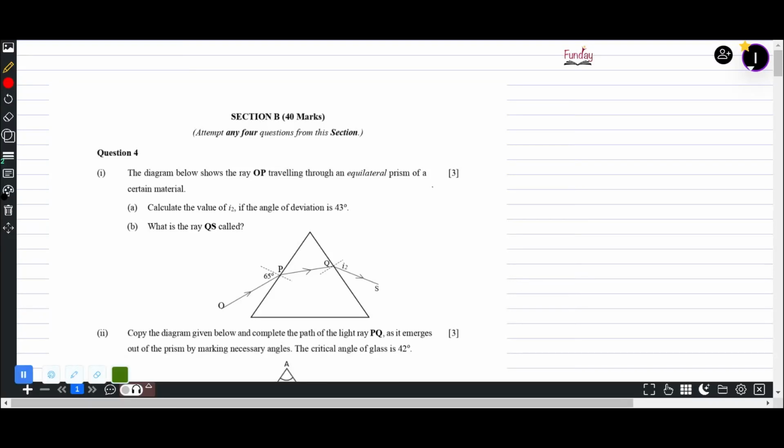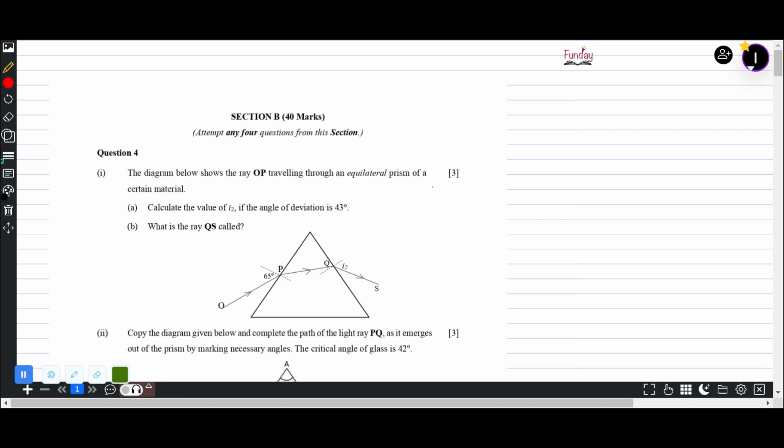Hello students, so now we will do section B of the 2003 physics paper. This has many questions and you have options. You have to attempt any four from this section. So let's take question number 4, the first question here, and what it says is